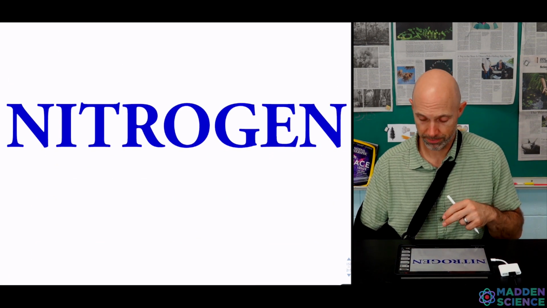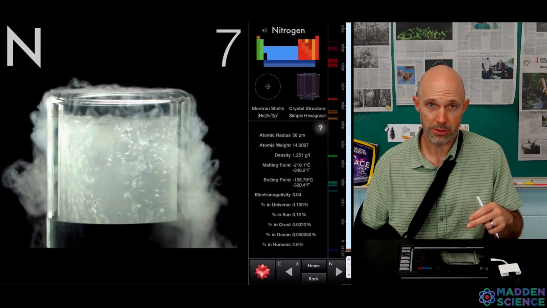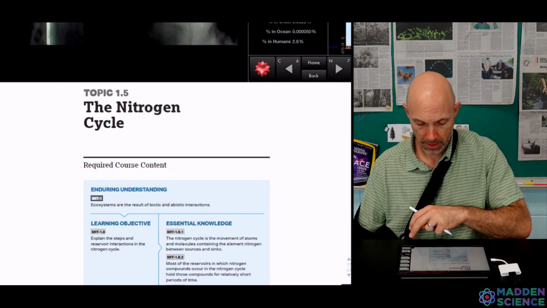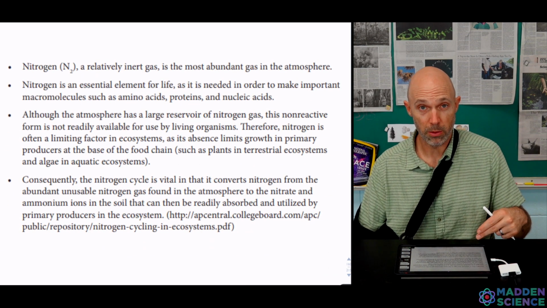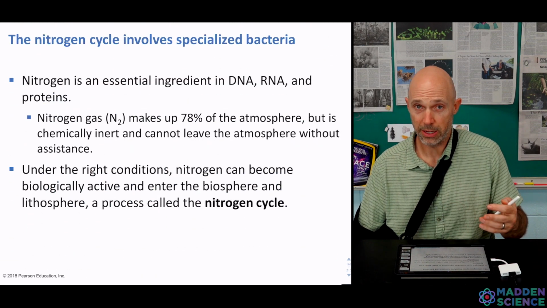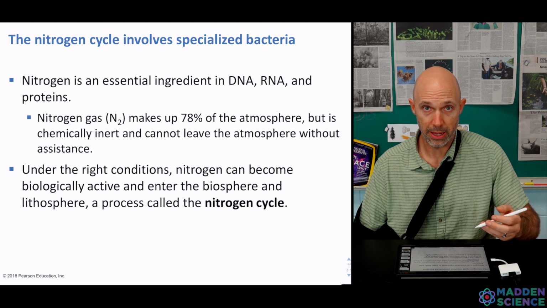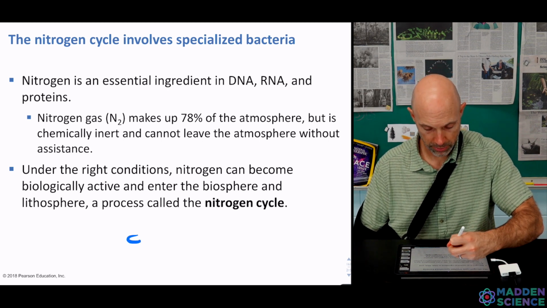Moving on to nitrogen, another beautiful and interesting element with a complex and intricate cycle. We've got our CED. We already showed you this slide. Give you a little background on nitrogen, which you may recall from chemistry times. Nitrogen is an essential part of amino acids, right? So you got your essential carbon,